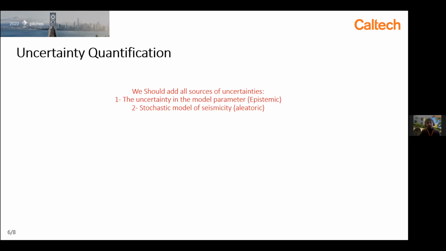So for the uncertainty quantification, we have to add two main sources of uncertainty. First, we don't know the exact model parameters in the equation that I just showed you. Also, the model that we have predicts the rate of events, and it doesn't necessarily give you the exact number of events. Given the rate of an event, you don't know the exact number of events, and it follows a Poisson distribution. So to quantify the uncertainty, we have to pile up all these sources of uncertainty.